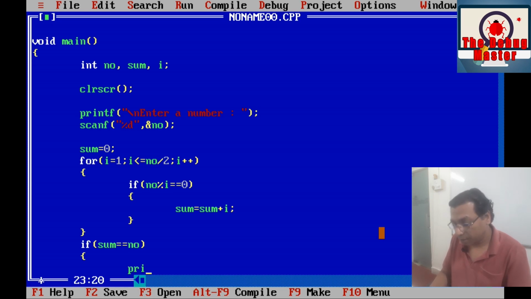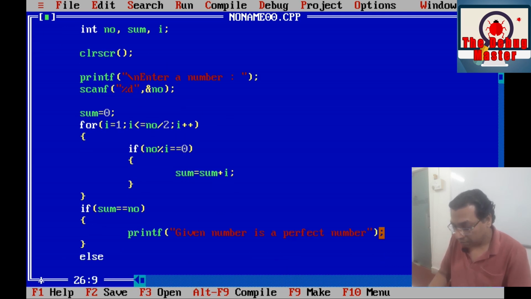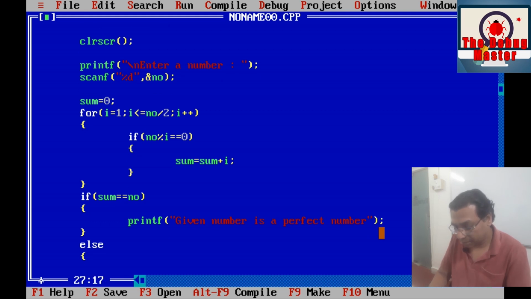So here we simply write a message, given number is a perfect number, and in the else part we write a message, given number is not a perfect number.